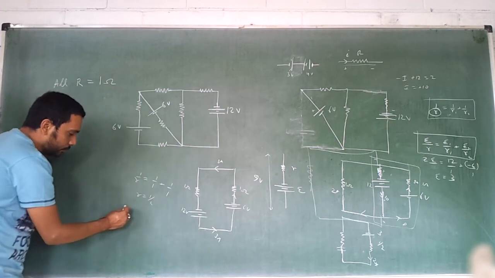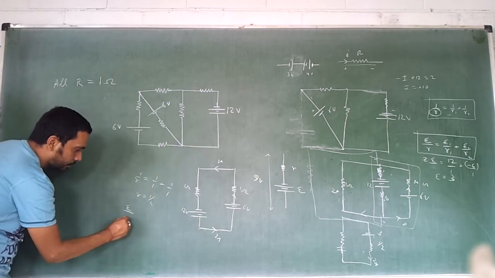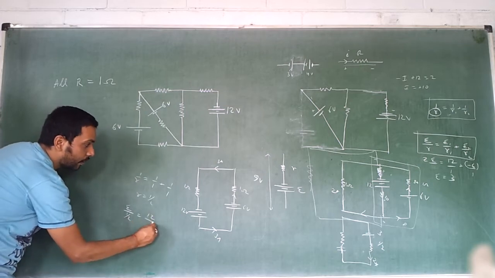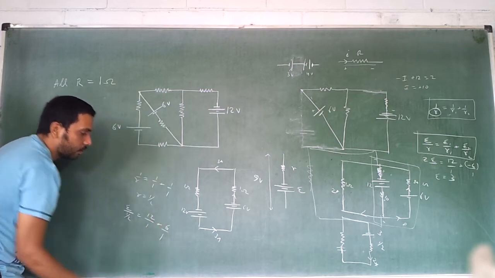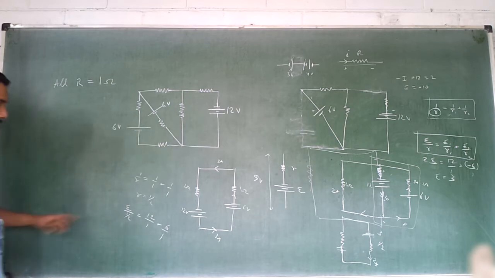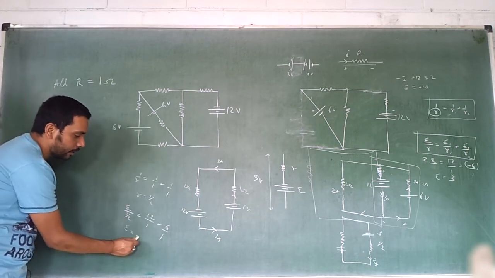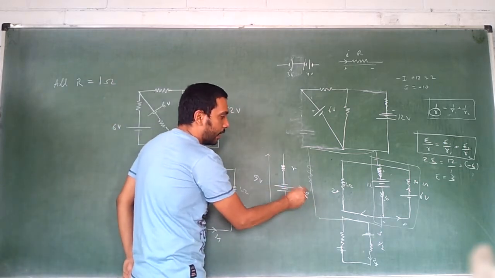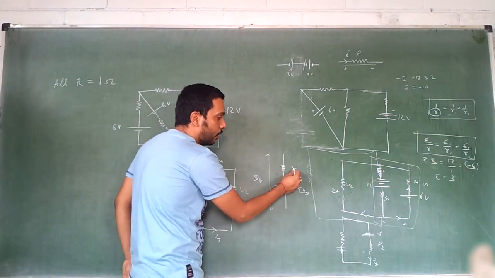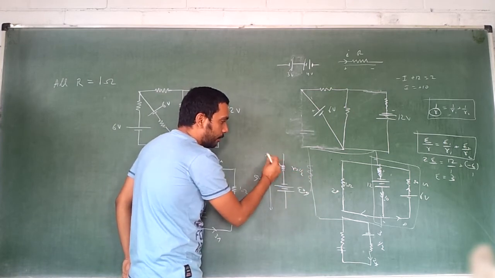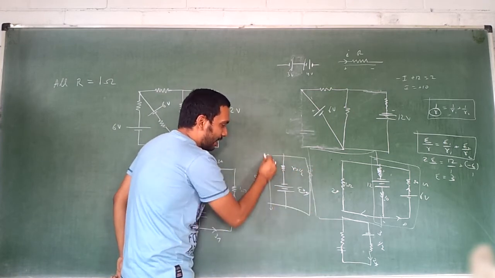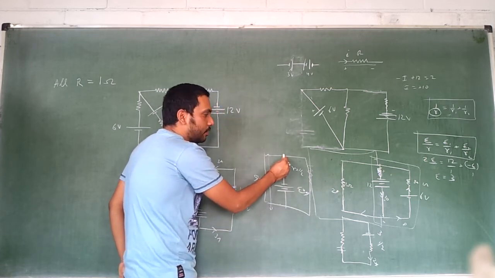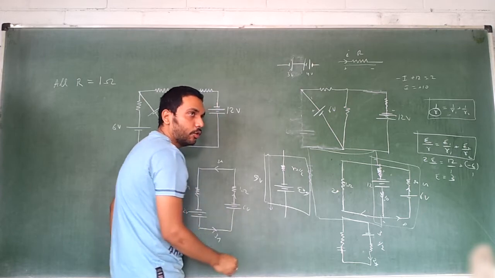E is equal to E by R, which is half, is equal to 12 by 1 plus 6 by 1, 18. 18 by 2 is a 9 volt battery. You see, you get the voltage of this as 9. You have an internal resistance of half. Be very careful. This E itself is 9. You have got an internal resistance. That means no current is flowing right now. It's an open circuit, 9.